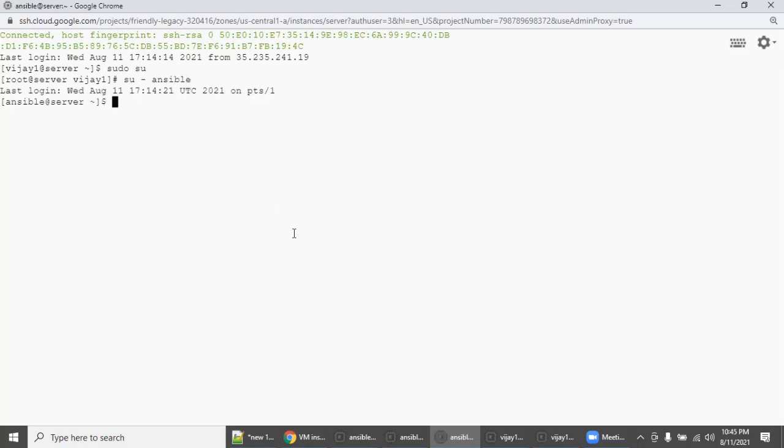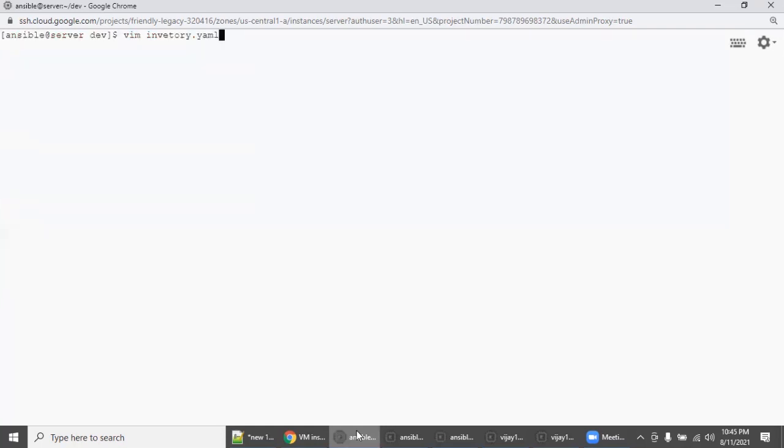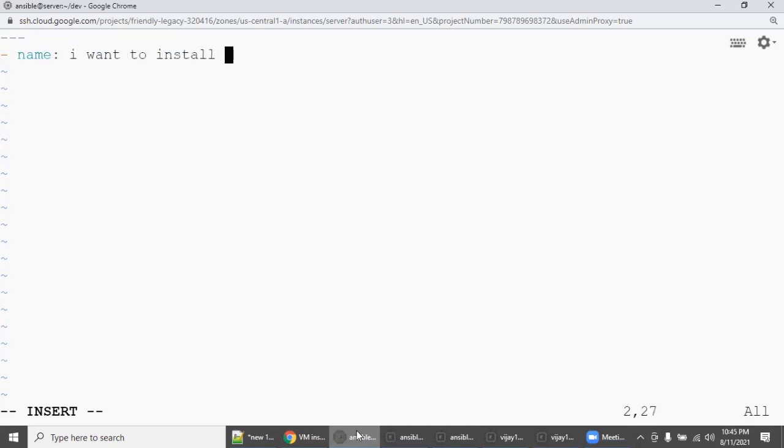Now in the first window, I'm going to create the inventory.yaml. As I stated, insert mode, hyphen, enter, hyphen, space name, colon. I want to install all these plays or tasks in the production group of servers only.